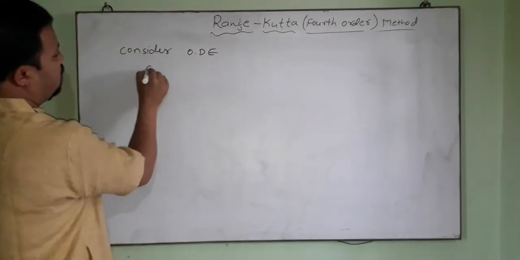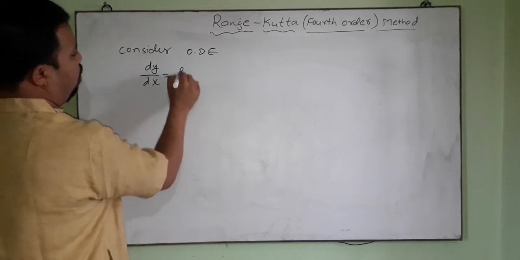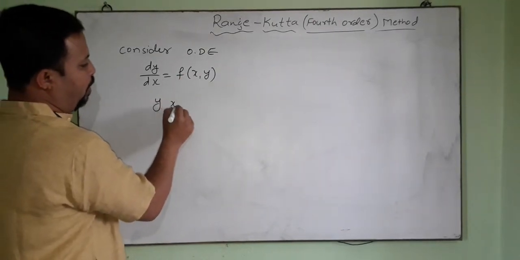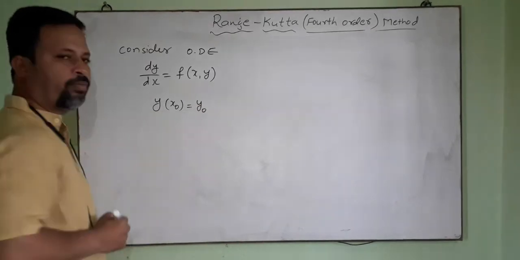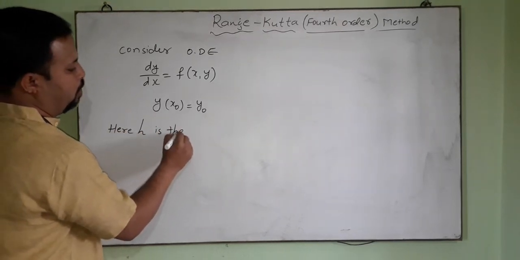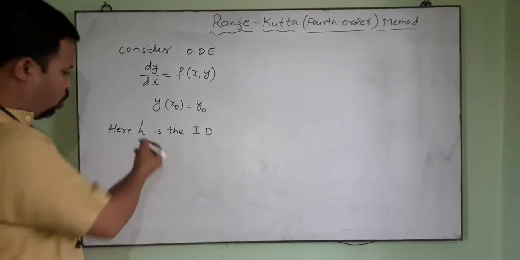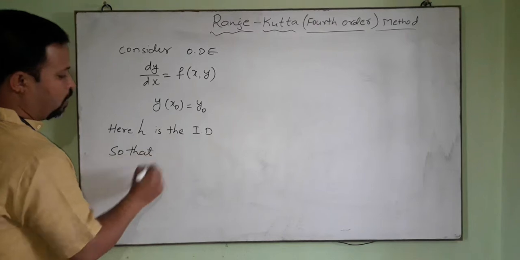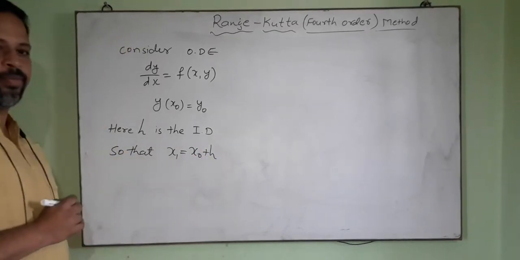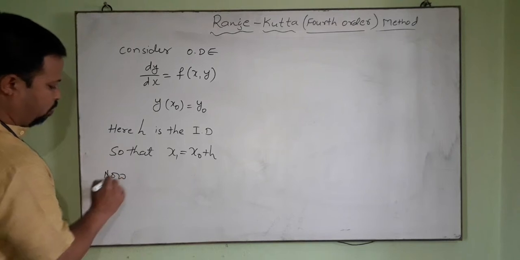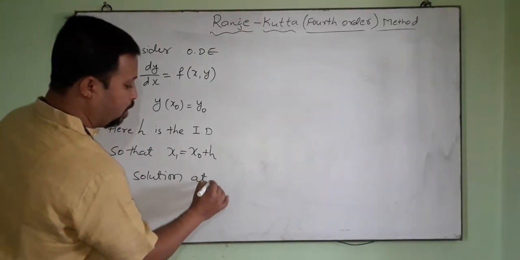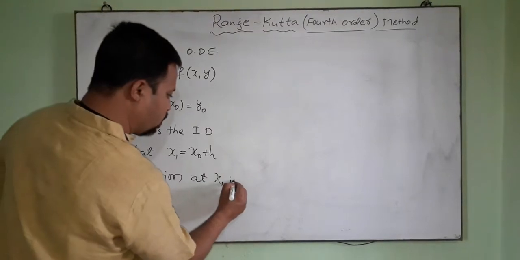the ODE dy by dx is equal to f of x comma y with the initial condition y of x naught is equal to y naught. Here h is the interval of difference, so that x1 is given by x naught plus h. Now the solution at x1 is y1,